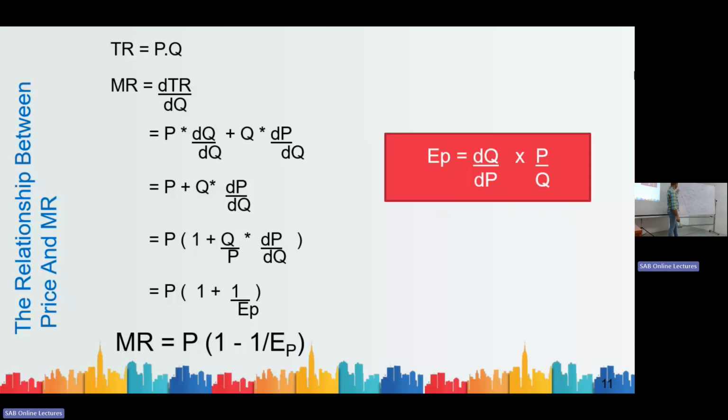And in between this point and the midpoint, demand is price elastic. And between this point and this point, demand is price inelastic. That is point-wise price elasticity. If we consider the entire shape of the demand curve, if as a whole the demand is price elastic,